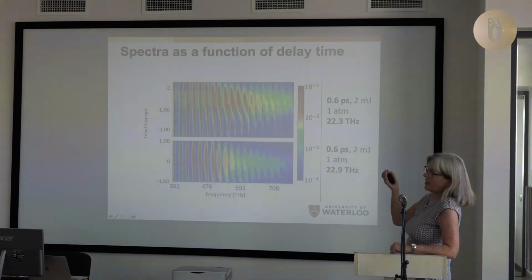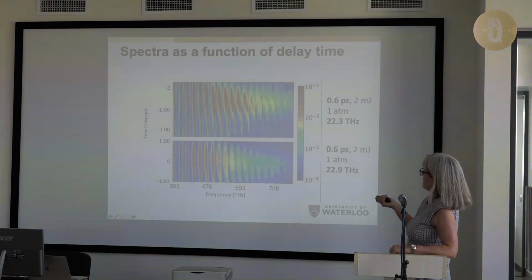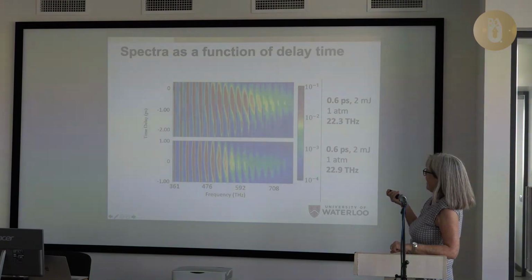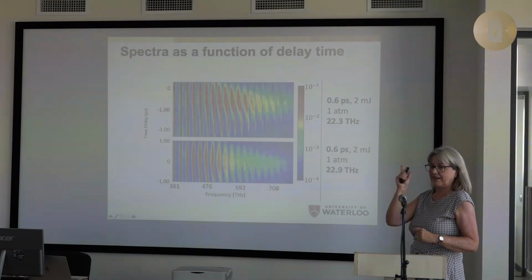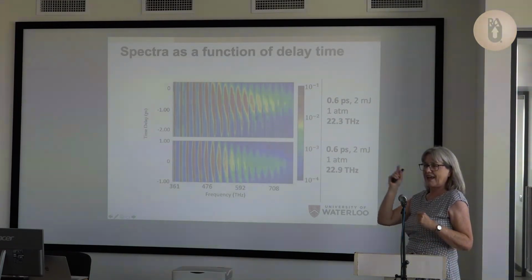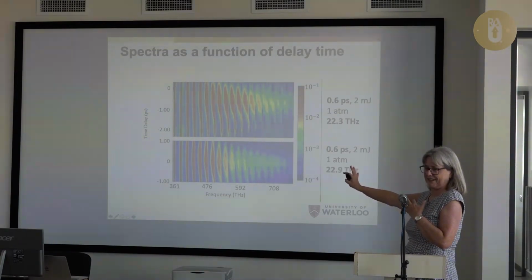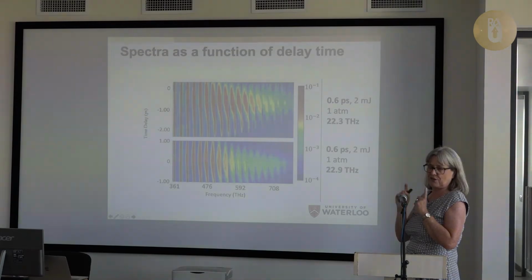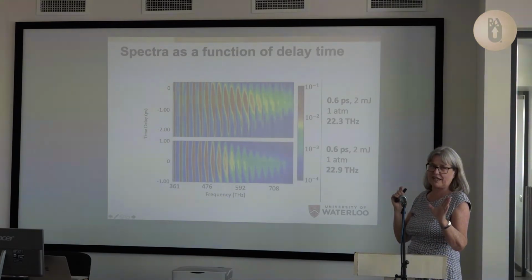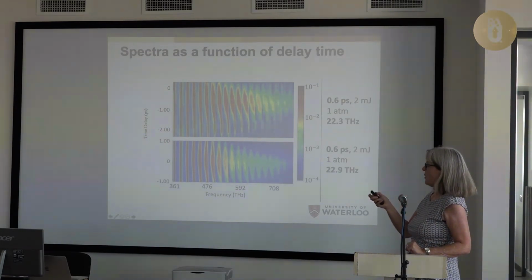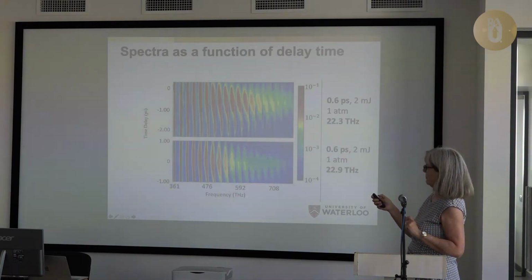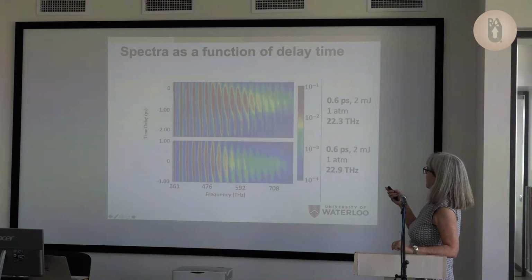The other thing I want to point out, back to the beginning of my talk, is that you will see that what we have is really broad individual peaks and separated by this. So if we can compress all of these, we should get very few orders in our train. And we'll have our intense single femtosecond pulse. The only trick now, this is the last slide I show you, is how easy is it to do that. All right.